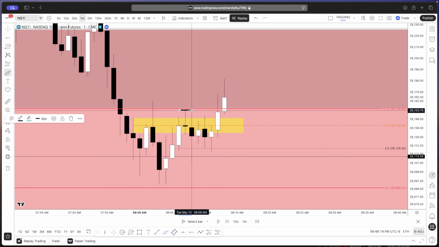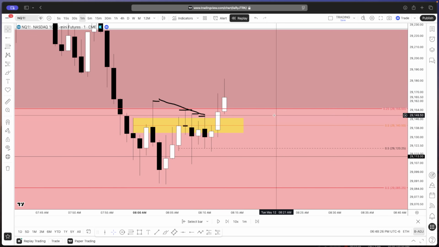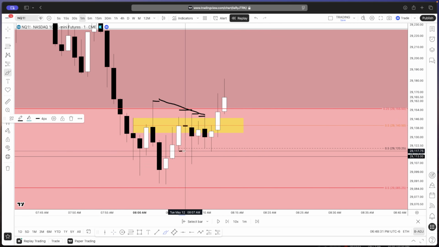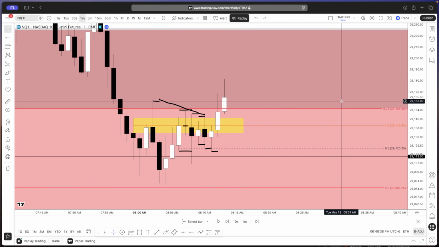Every single time the market has a high here, look at what it's not doing. It's not getting pushed above. It's not getting pushed above. There's liquidity being generated above these highs, which is priming the market for an aggressive break up versus every single time a candle low is getting created, it's getting swept. So look at what's happening. There's a very distinct difference on both sides of the chart. For most, it just looks like candles. To me, there's a very distinct difference. The market is using liquidity on the bottom to get bought up, and the market is not taking liquidity on top to build it aggressively.